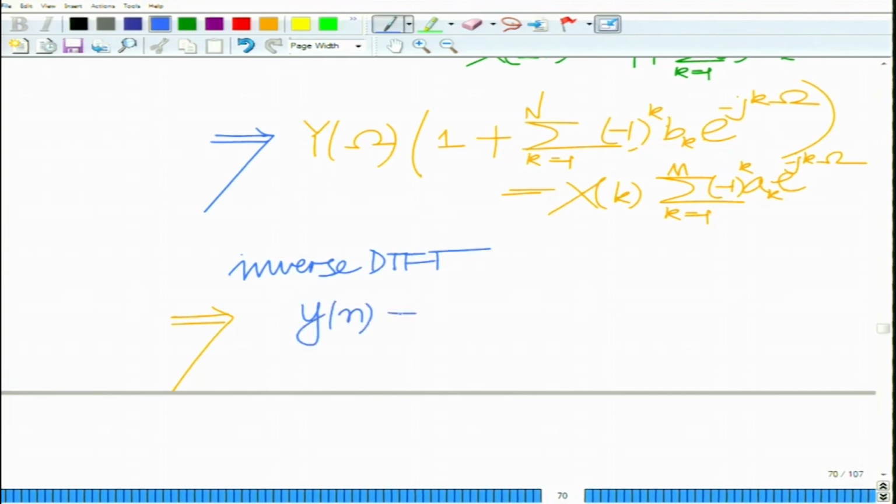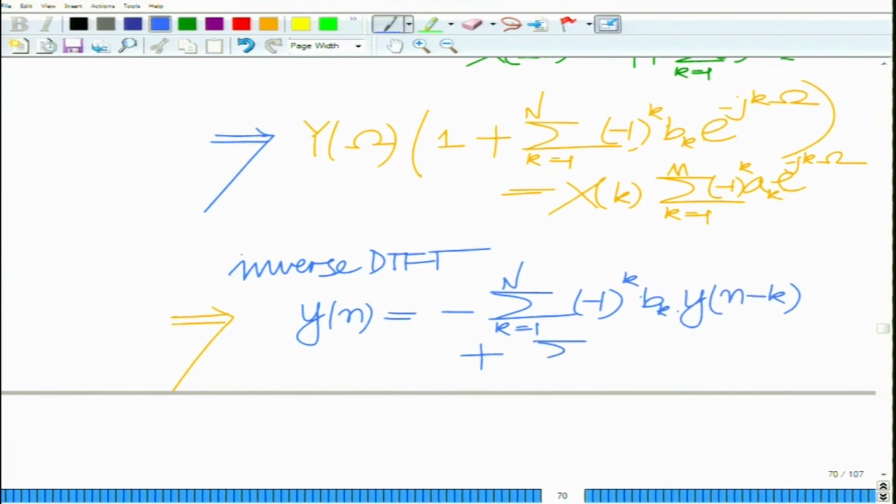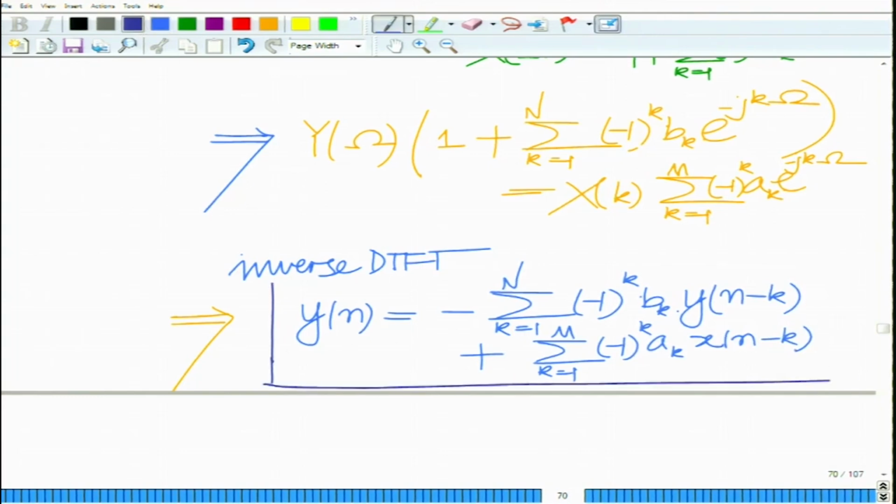You can see y[n] equals minus summation k equals 1 to N minus 1, to the k, b_k y[n minus k] plus summation k equals 1 to M minus 1, to the k, a_k x[n minus k]. Okay. So, this is the difference equation of the